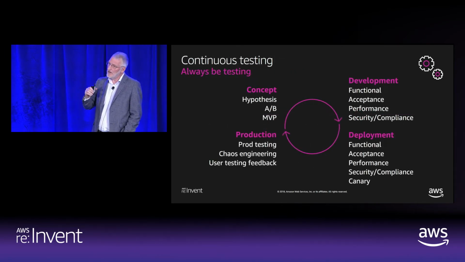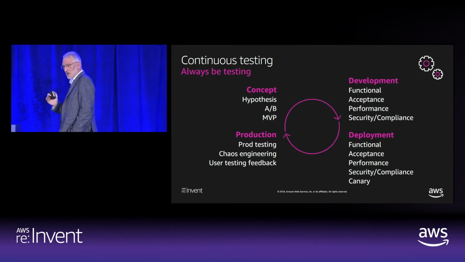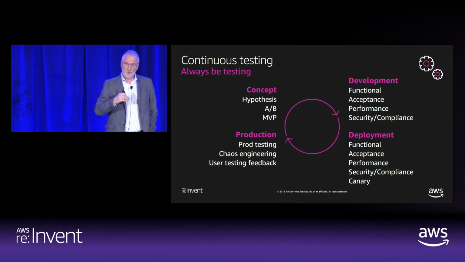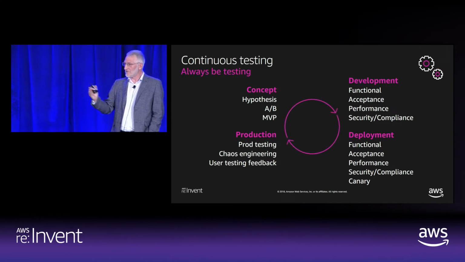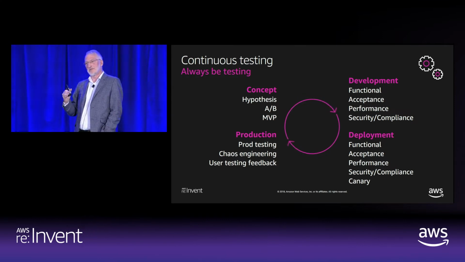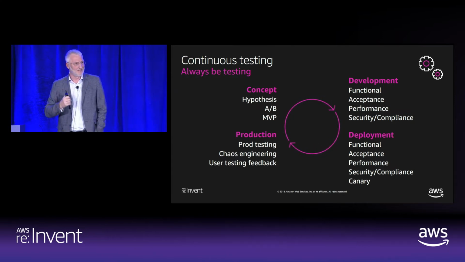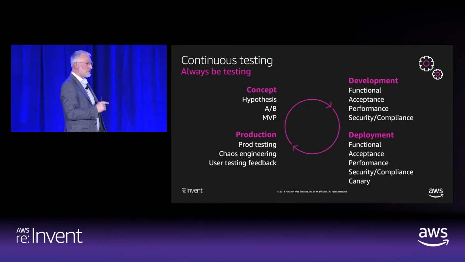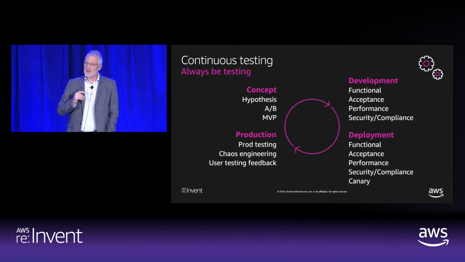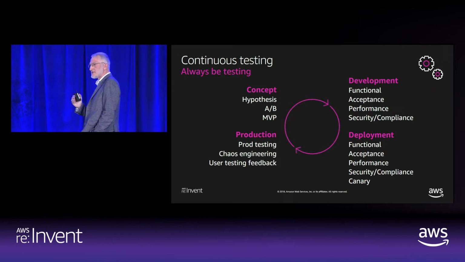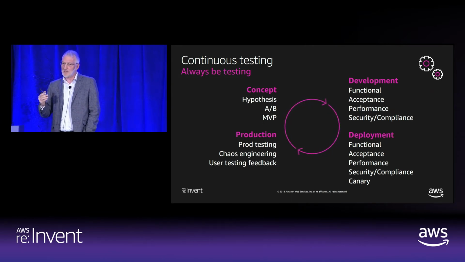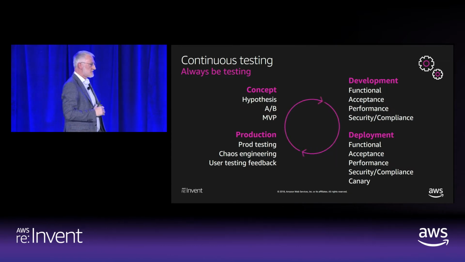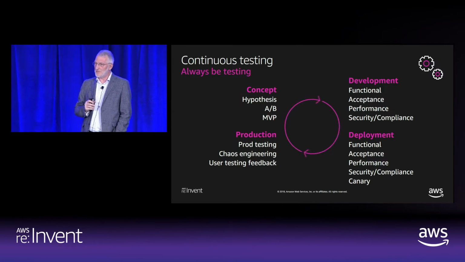Instead, we should get to a point where we do continuous testing all the time. This includes, by the way, testing in production. In the old world, once it's in production, your feedback becomes the bugs that your customers find and log, and maybe some metrics. But in this world, you're continuously, constantly testing the success of that product. And by the way, it's not just the customer testing that you're doing, but you're also doing security testing continuously. Continuously checking that the policies are still maintained, that you don't have any zero days, you don't have any problems.